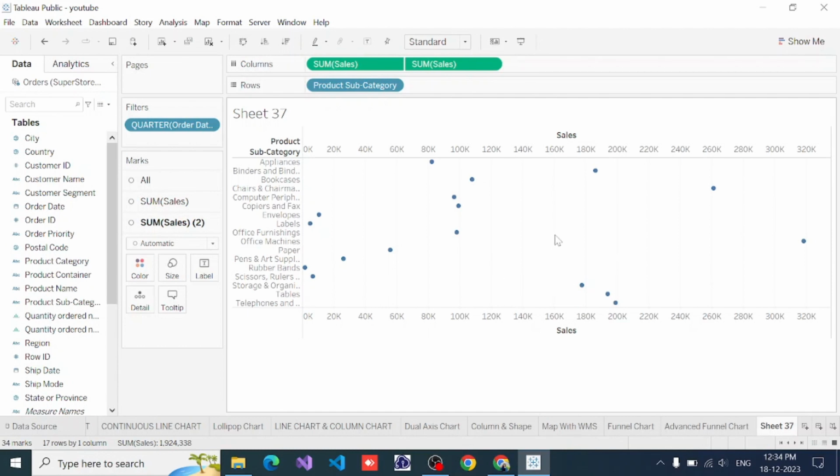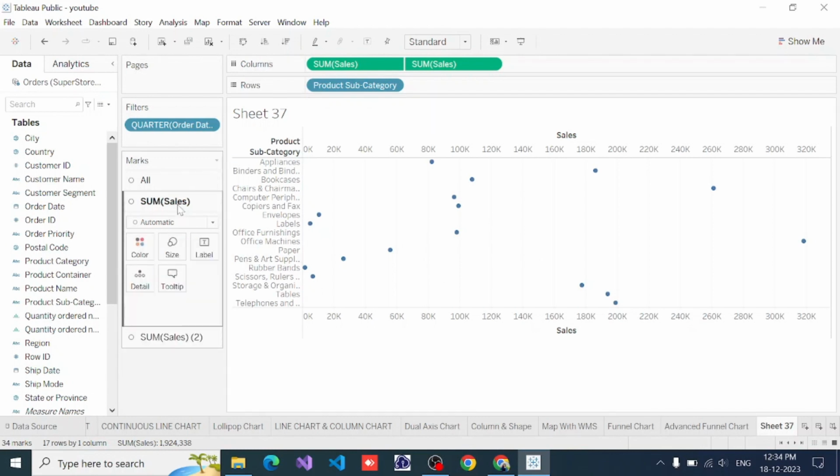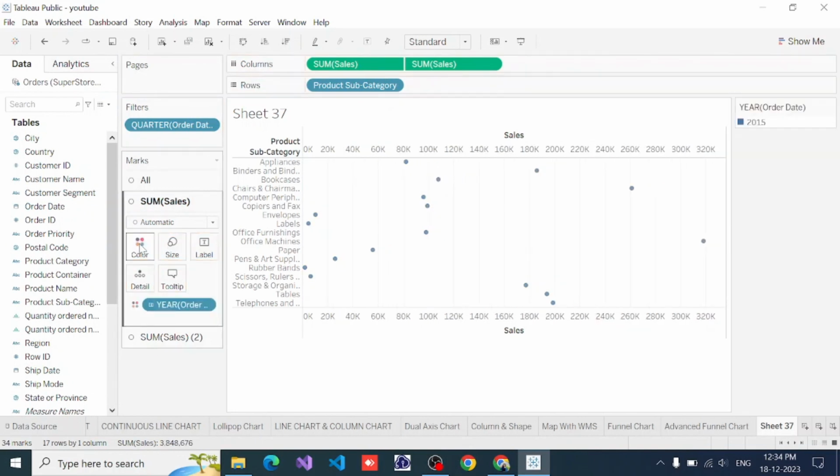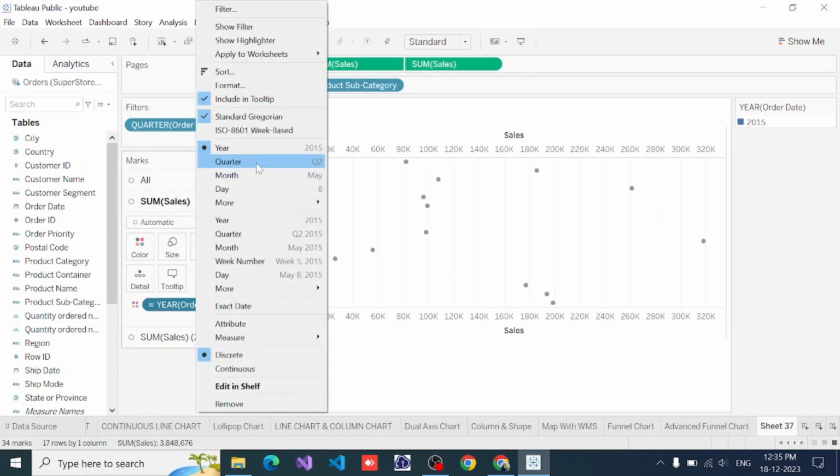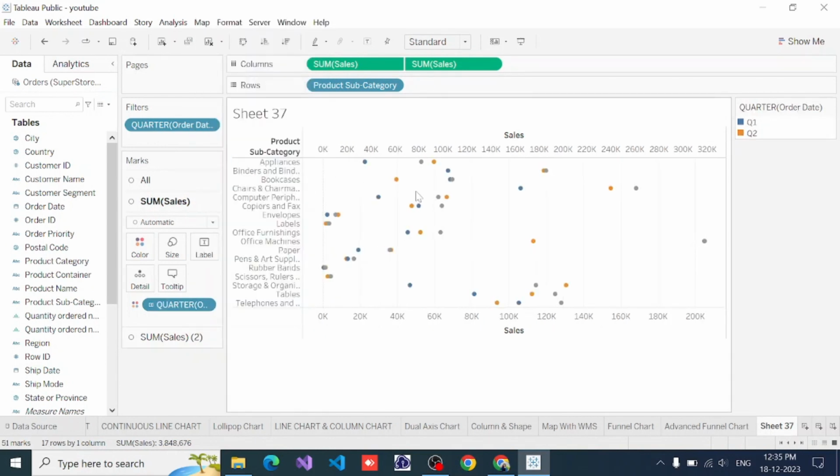Since all the charts right now are circles, I'll select the first sum of sales. And I'll just select this order date and drop it into color. Then, as we did for quarters, right click on this year and click on quarters. So you can see on my right-hand side Q1 is blue and Q2 is orange,